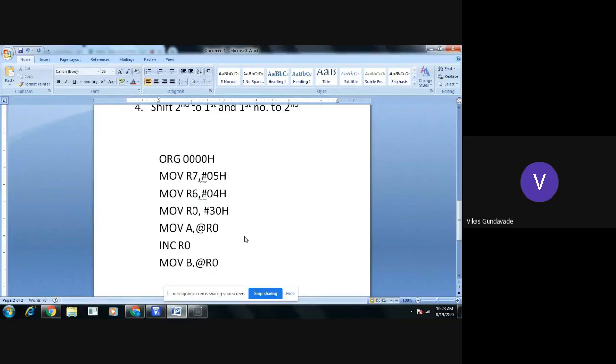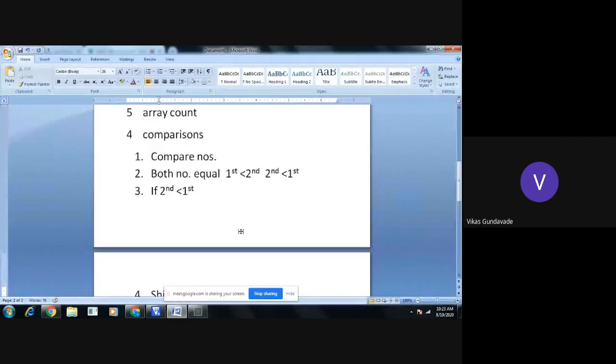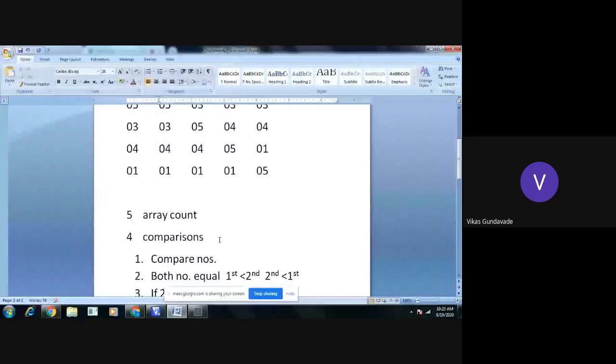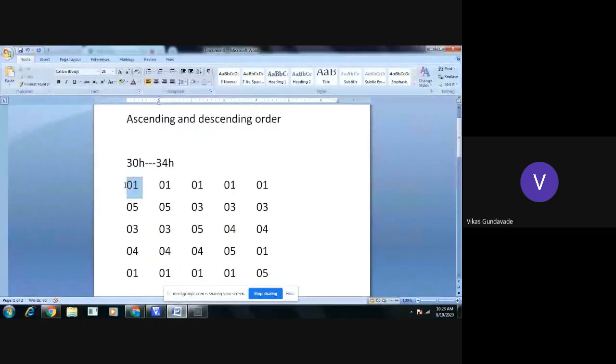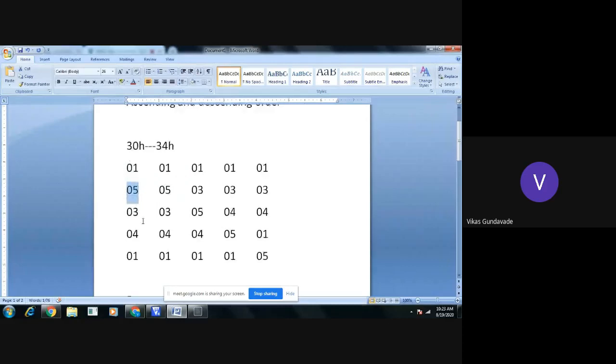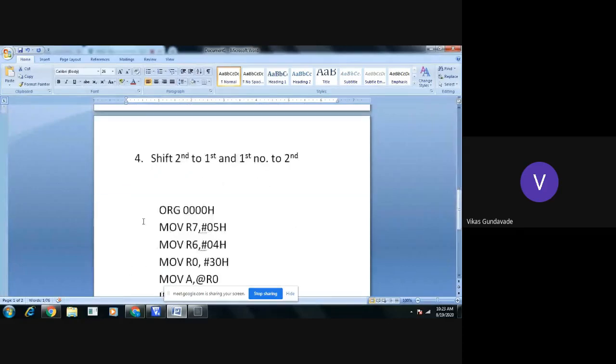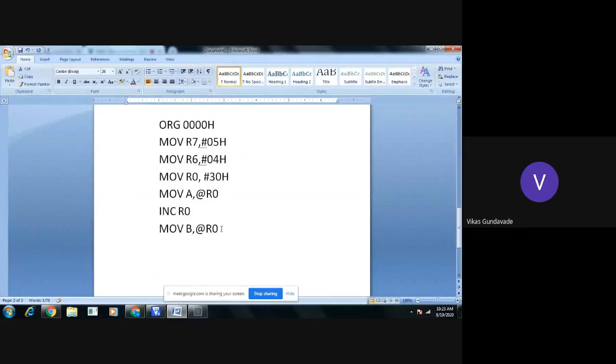So the second number will be available in the B register. The first number 01 will be available in the accumulator, and 05 will be available in the B register.